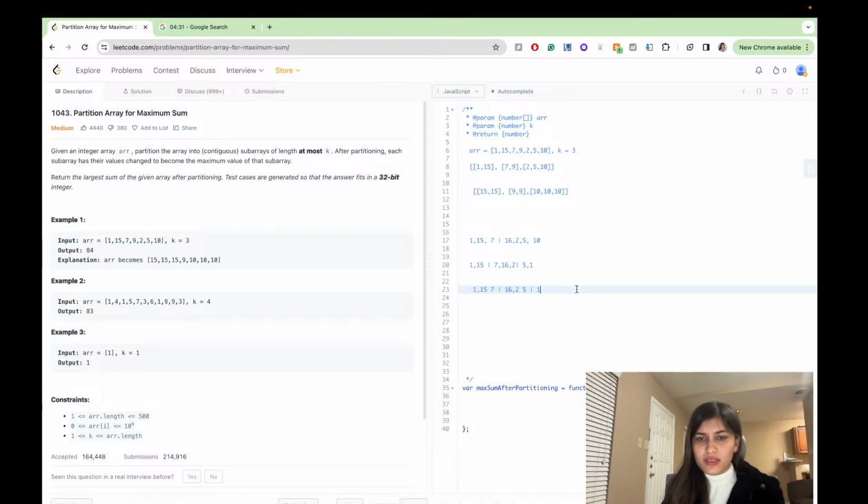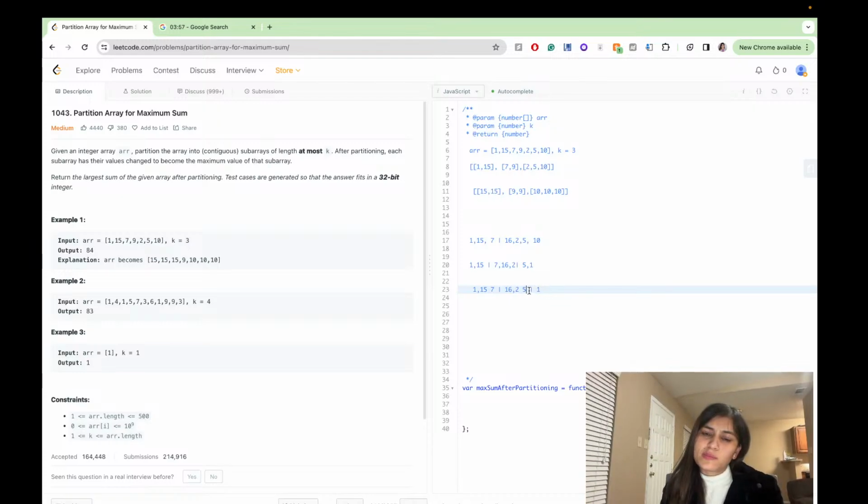I think this partition will give much more sum than this, because we can see that there is 5 comma 1, and then 5 comma 1 will be 5, 5. So now 5 will become 16, but if we do this, then this will not become 16. And the utmost number that can be in one partition is just 3. So instead of 7, 16, 2, if we do 16, 2, 5, then it will be more, or no,